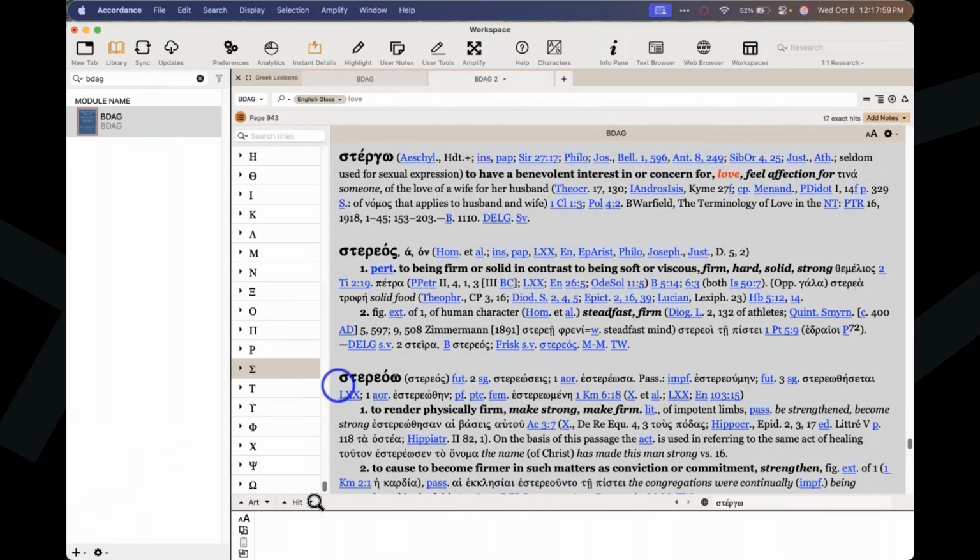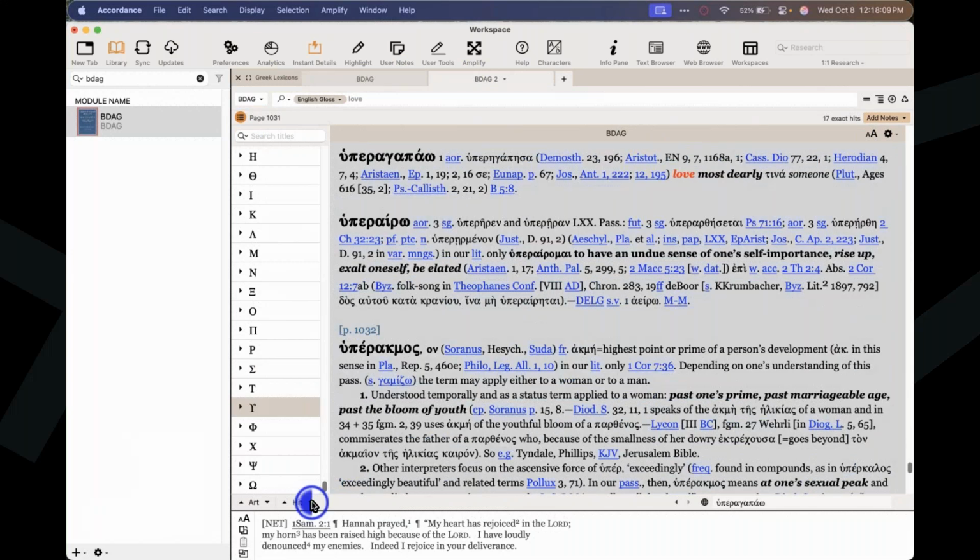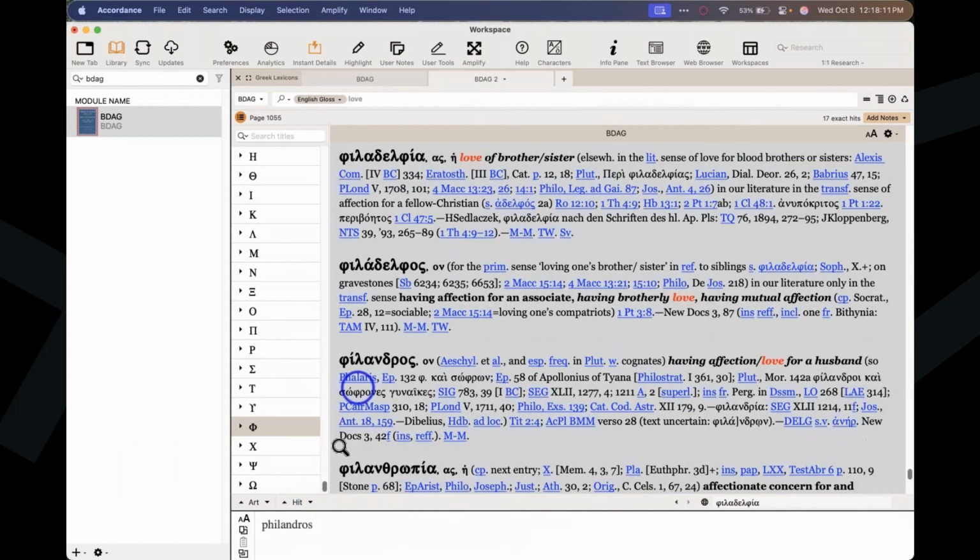Here's one, stergo, to have a benevolent interest in or concern for, and then love, the translation equivalent. So there's another Greek word, and I could go down and I'll see more Greek words. Here's Philadelphia, love of brother or sister. And again, this is a good way to kind of cluster things together when trying to learn vocabulary. Maybe you've learned agapao, but why not take it as the opportunity to learn 3, 4, 5 other love-related words